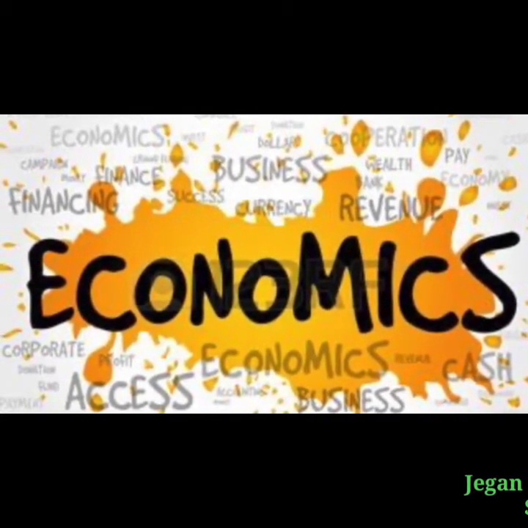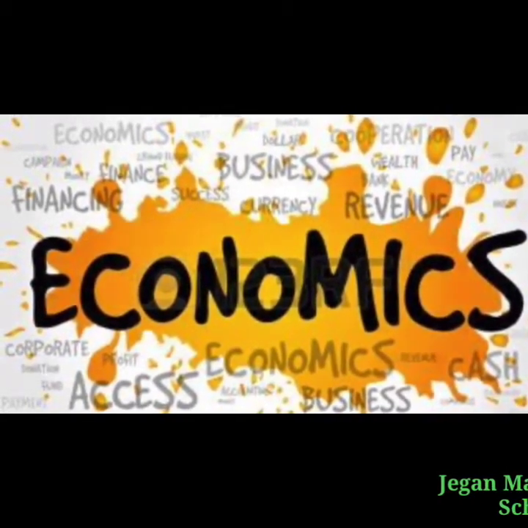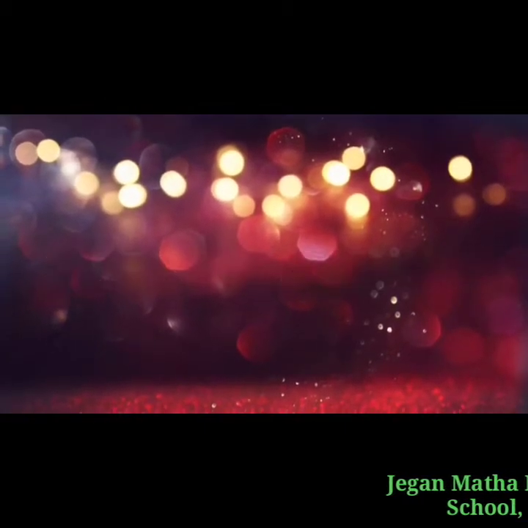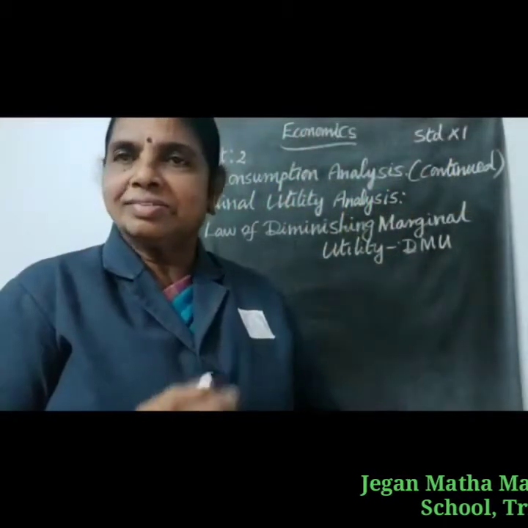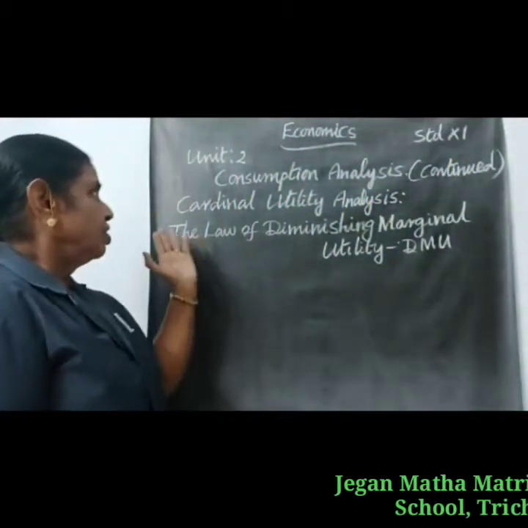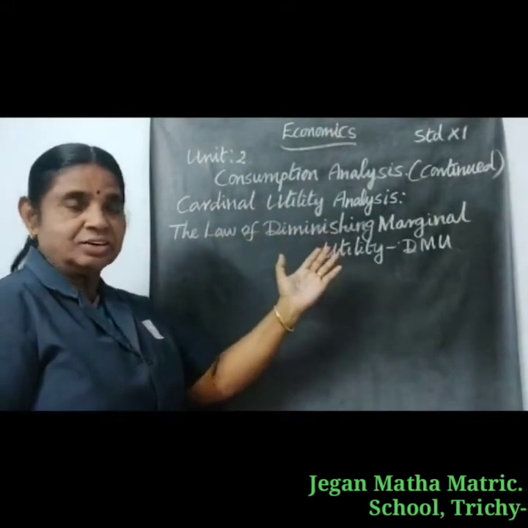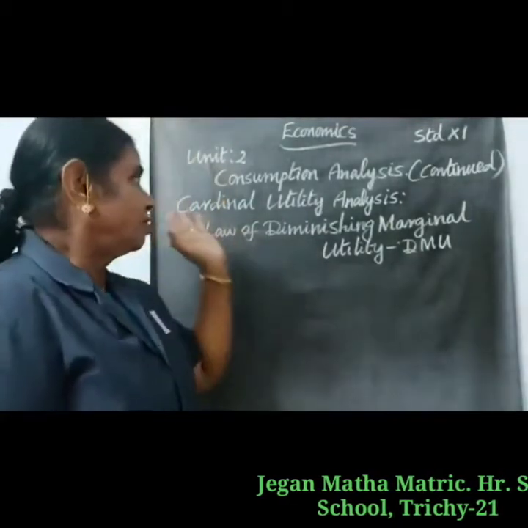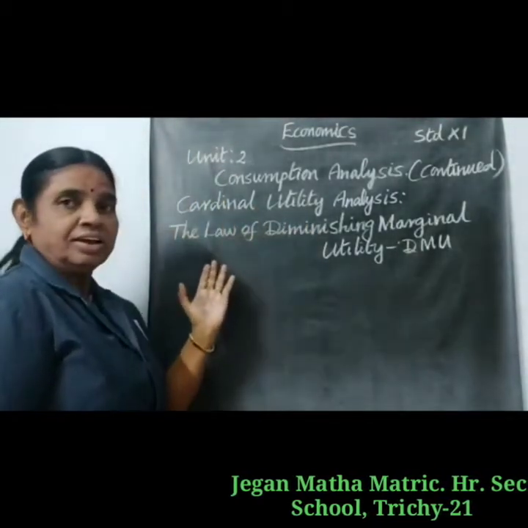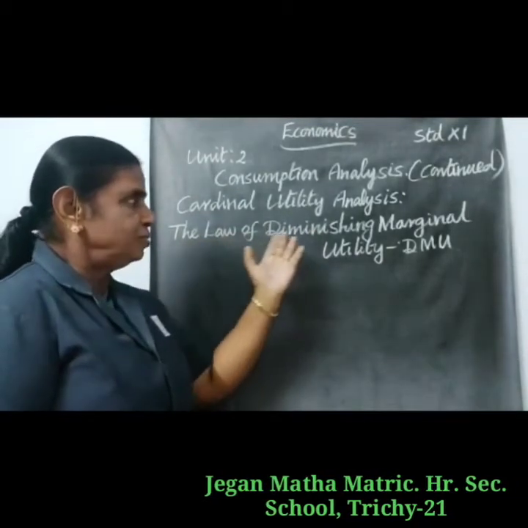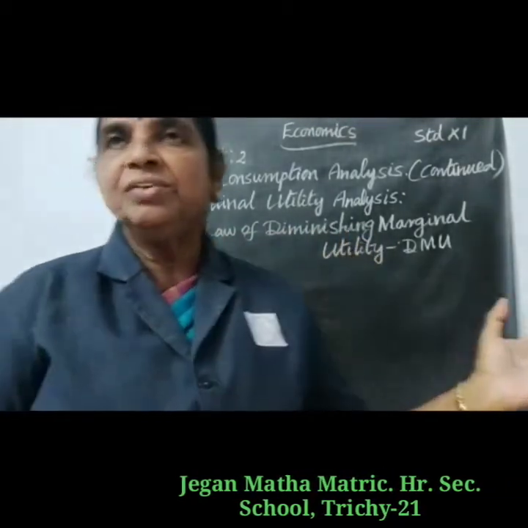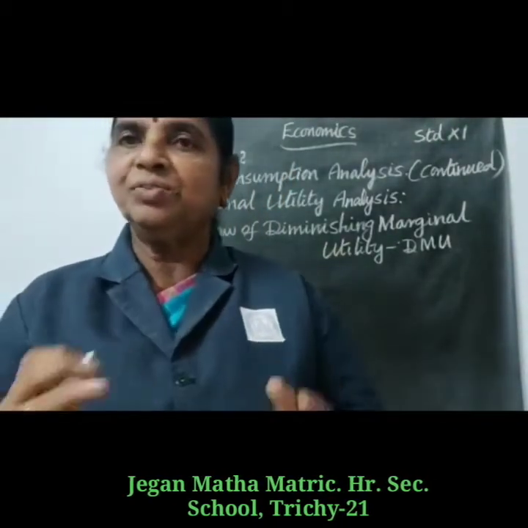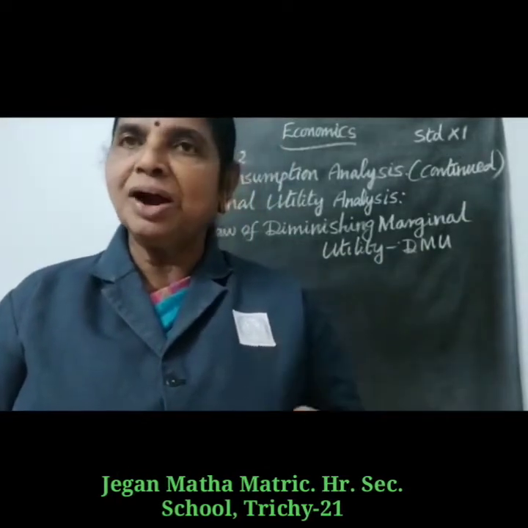Economics, Standard 11, Unit 2, Consumption Analysis continued. Under consumption analysis, we have cardinal utility analysis. Cardinal means measurable, countable. Under cardinal utility analysis, let us learn today the law of diminishing marginal utility, which we call DMU. The law of diminishing marginal utility was first formulated by